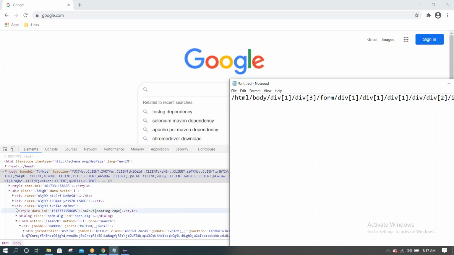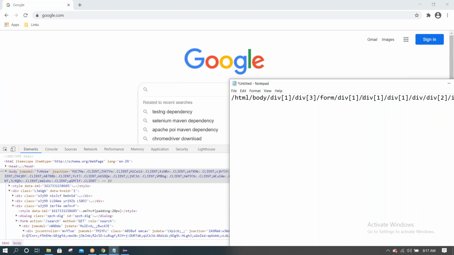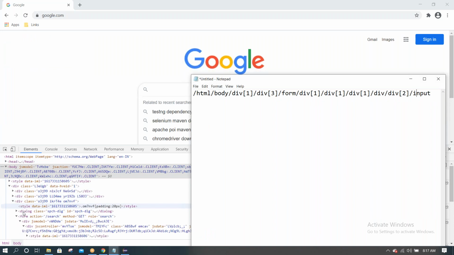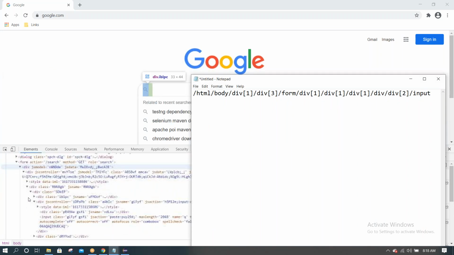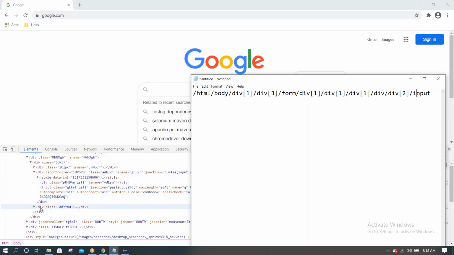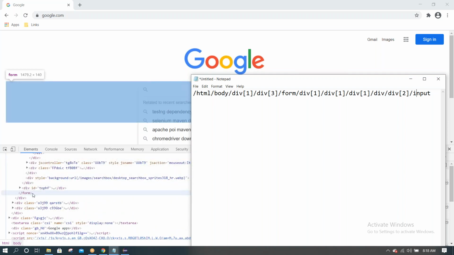And then form. Here you can see form. And then from that, again div[1], 1, 1, 1, 2. So div[1], again div[1], div[1]. Like this it is traversing.